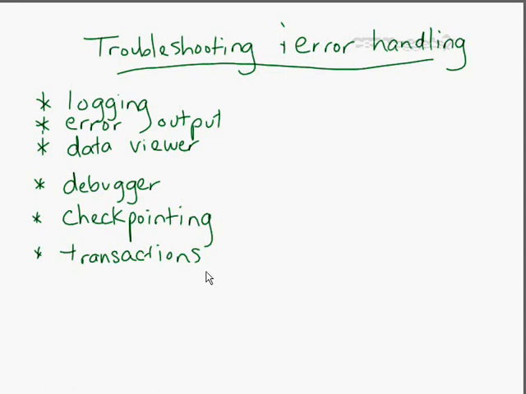We took a look at the data viewer. The data viewer is a way to intercept data going from one task to another. We had our debugger, where you can step through different tasks. And then the last thing we talked about was transactions and checkpointing. If you have a transaction set, then anything inside of that transaction, if it fails, everything gets rolled back. Now with checkpointing, you can set a specific checkpoint, which is like a save location, and then if something fails, you can always continue from that point on the next